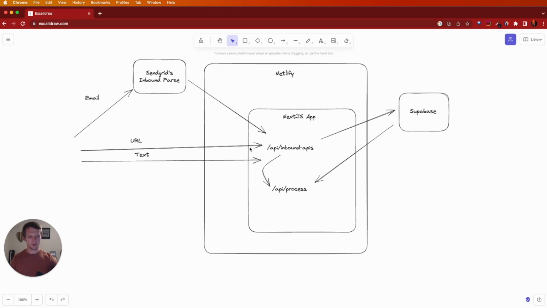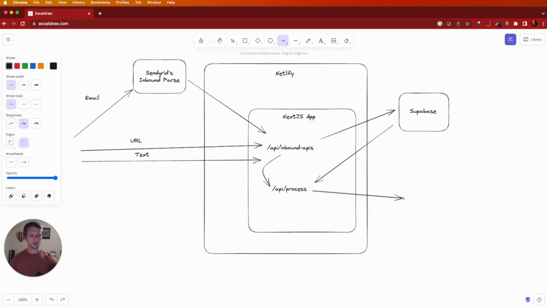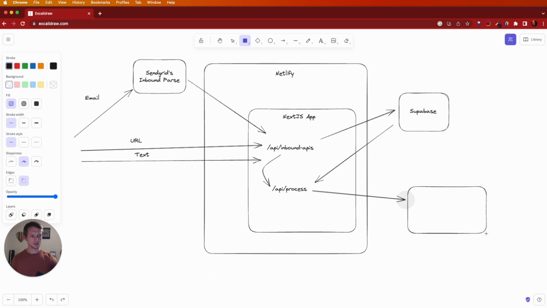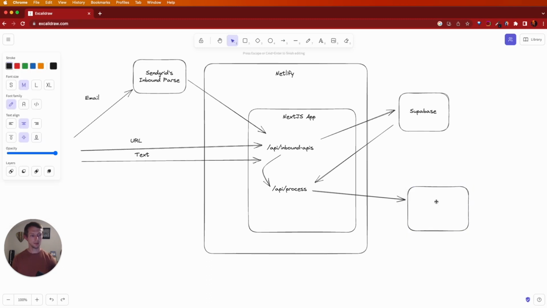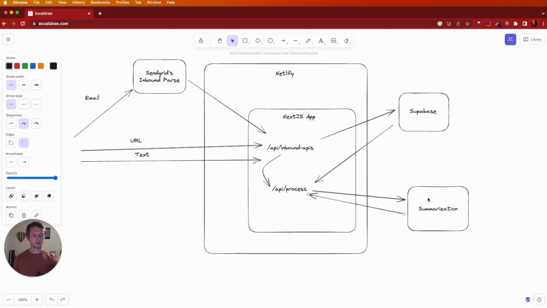And with that, when it hits this API process endpoint here, we're going to do a couple different things. First one is we're going to call our summarization service. And that's going to take whatever text we have and run it through, and honestly, there's multiple calls in here. It's not as simple as just sending one thing. We're kind of breaking it down sometimes into multiple pieces. We're summarizing bits of it, and then we're combining that summary back together. And then afterwards, we're going to send it to our